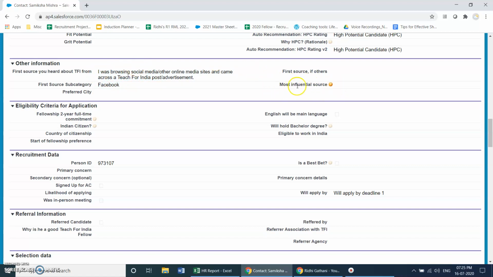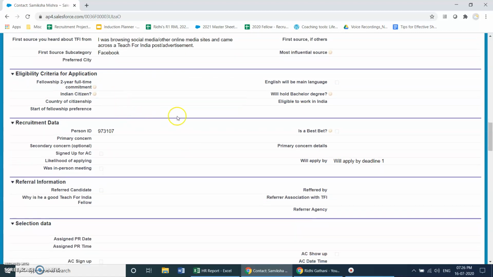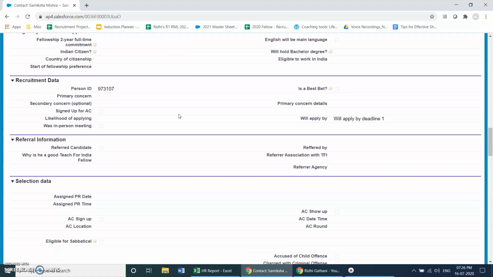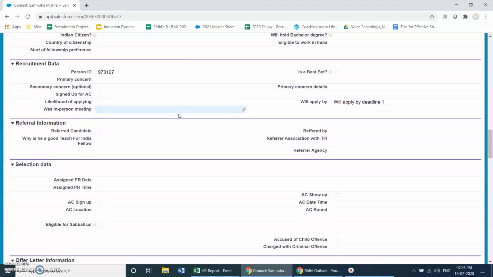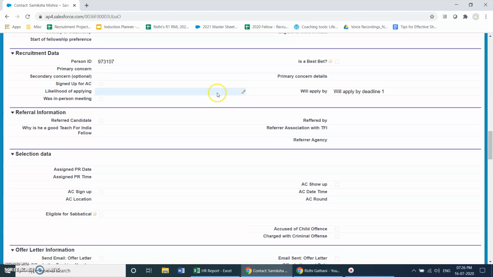There is also a most influential source that helps us understand what made them to actually complete their application. The next part is just eligibility criteria. You don't need that for your classroom, for your calls. Same with the recruitment data.